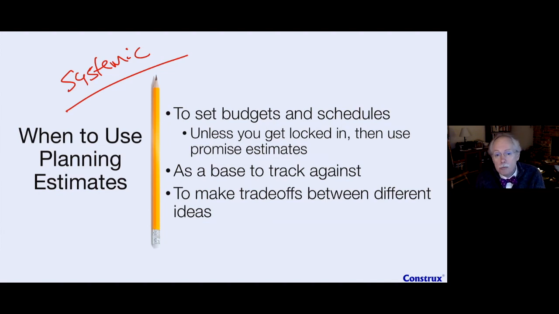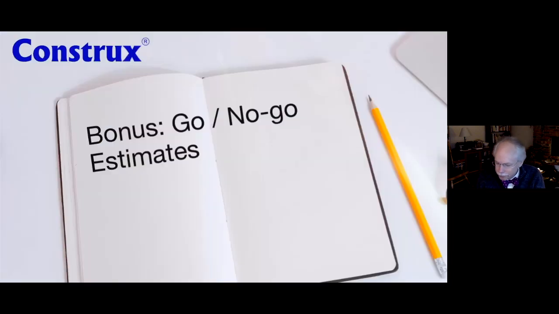So those are my three big points that I use almost all the time. I start out with the ambiguity estimate. It's a gut estimate. It allows me to find the work that's going on. Then I jump to my promise estimate, something that's really scary, especially early on. And then I roll back to my most likely and hopefully my planning estimate type to have those conversations about what the budget should be and how we should go forward.